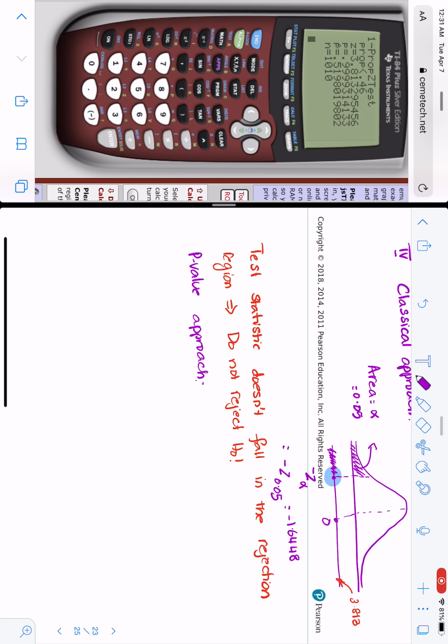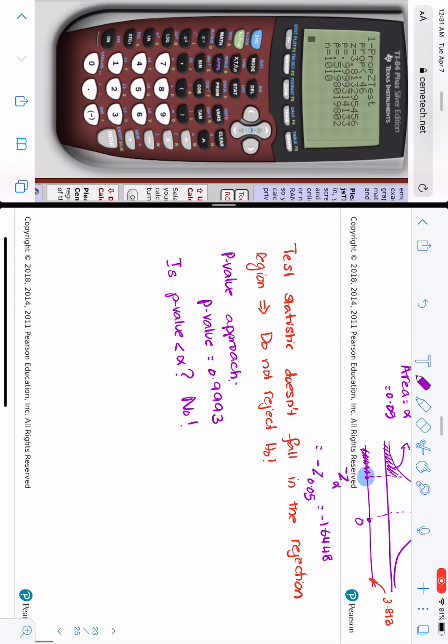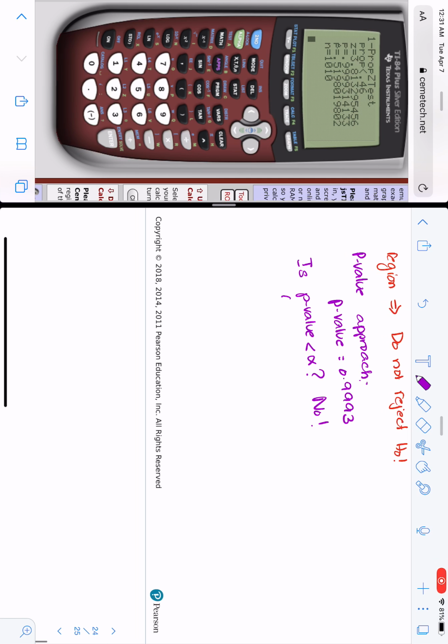And we end up getting a p-value of 0.9993. So the question to ask is, is the p-value less than alpha? No. P-value is 0.9993, alpha is 0.05. We said no, which would mean do not reject the null,